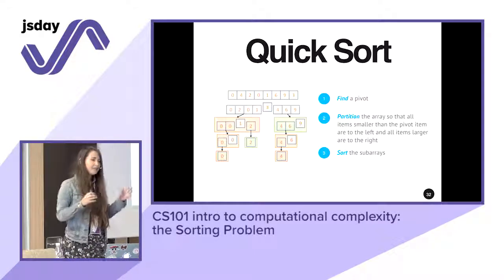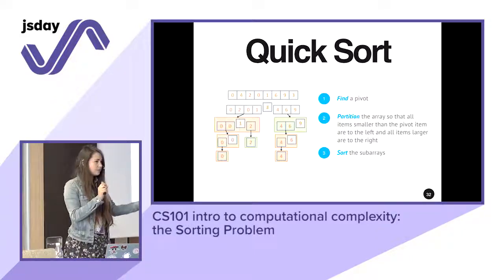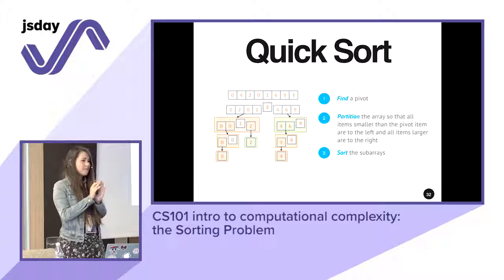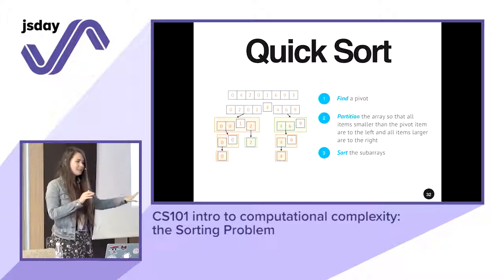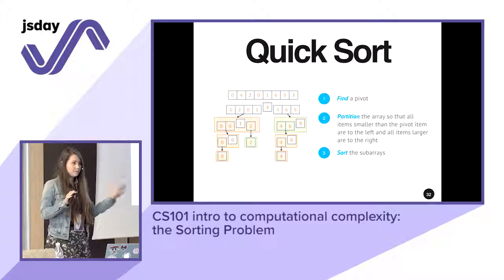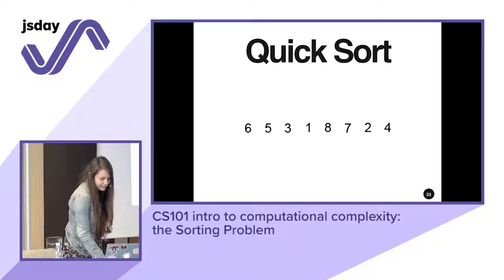And what we have to do is put all of the elements smaller than the pivot to the left, and all of the elements bigger than the pivot to the right. It doesn't really matter their order as long as they are either to the left or to the right, depending if it's smaller or greater. Now, the way this actual implementation works with JavaScript is,